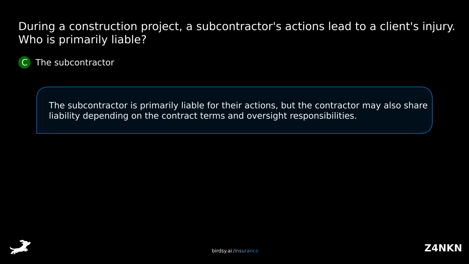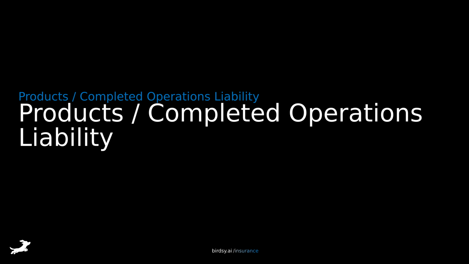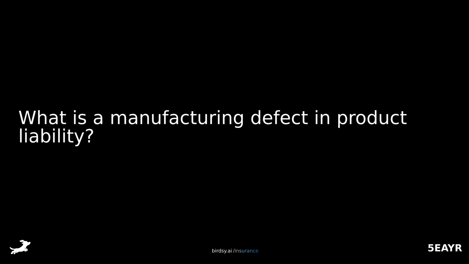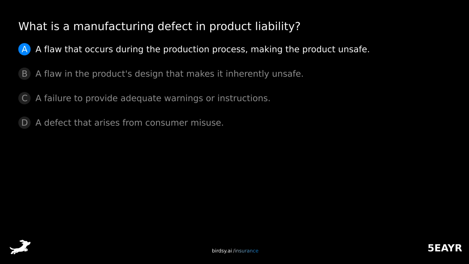The subcontractor is primarily liable for their actions, but the contractor may also share liability depending on the contract terms and oversight responsibilities. Products, completed operations liability. Products liability, manufacturing, design, warning defects. What is a manufacturing defect in product liability? Is it A, a flaw that occurs during the production process, making the product unsafe, B,